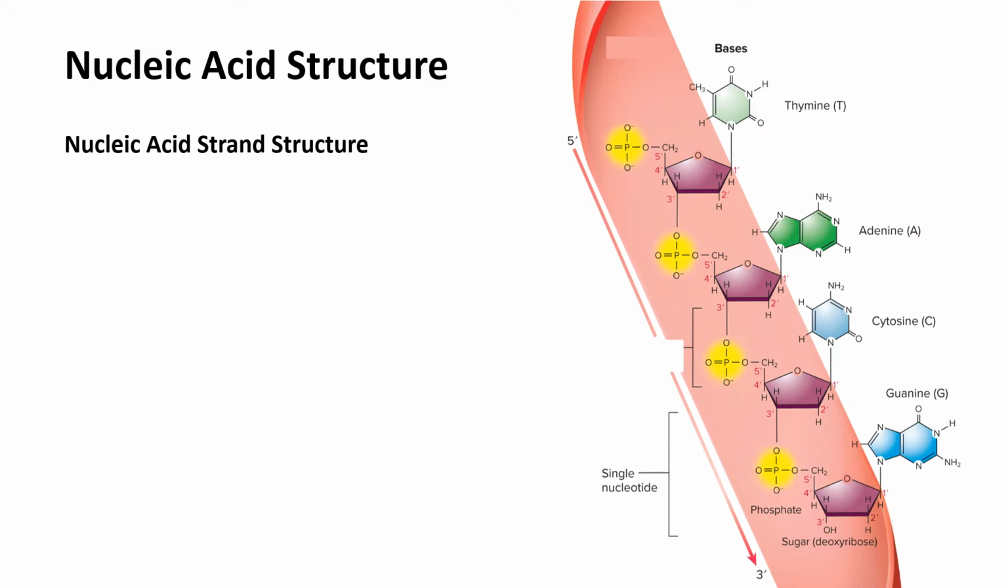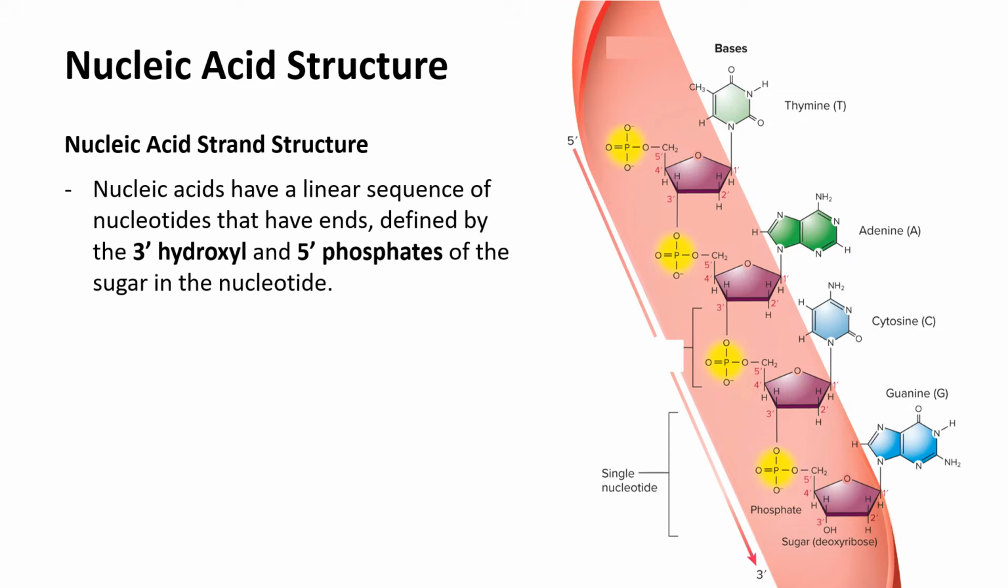Now let's look at how we use those monomers, those nucleotides, to build a strand of nucleic acid. Nucleic acids have a linear sequence of nucleotides that have a definition. Basically, one end is called the 3' hydroxyl end, and you can see that highlighted down here. We say it's a hydroxyl because there is a hydroxyl group, an OH group, right here. The 5' end is called the phosphate end, and notice here a phosphate group is exposed